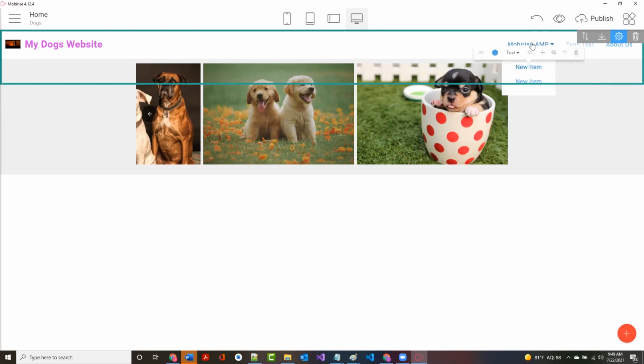If I don't want this one, I think I can just click remove. And there it's gone. Okay. If I want to add a new one here, there's a plus sign. All right. So I want to add a new one. So right there it says type text. And I can change the size of it, etc. It's a menu.